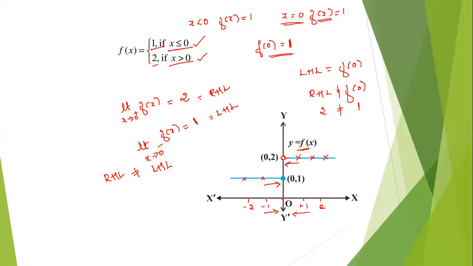Even if you try to draw this graph in one stretch, it is not possible, right? This one till here we can draw, but then there is a break here. Here 0 is not included. Then we need to lift a pen to continue this. So at a stretch, without lifting a pen, it is not possible to draw. So we say that the function is not continuous. So we say at point 0, the function is discontinuous.